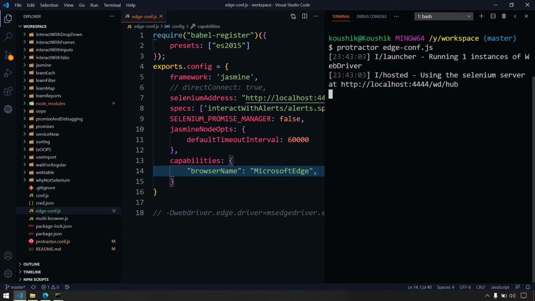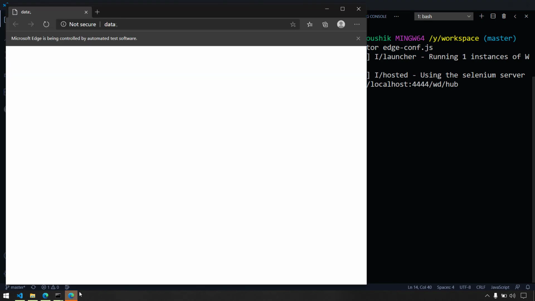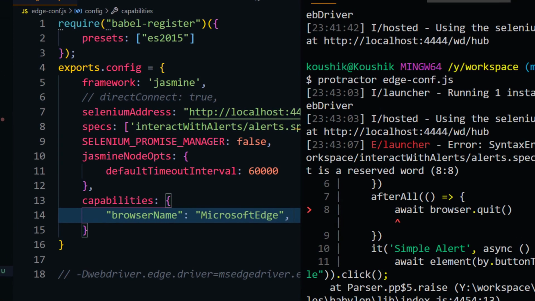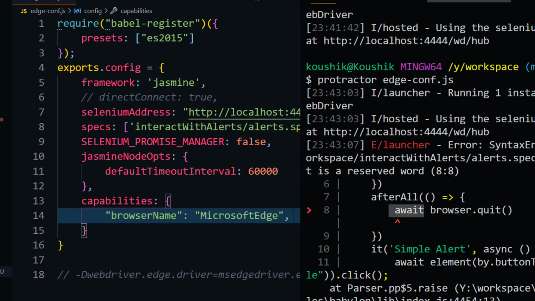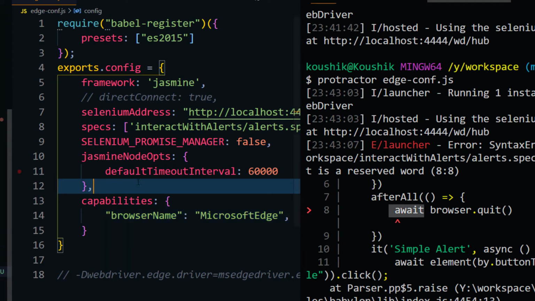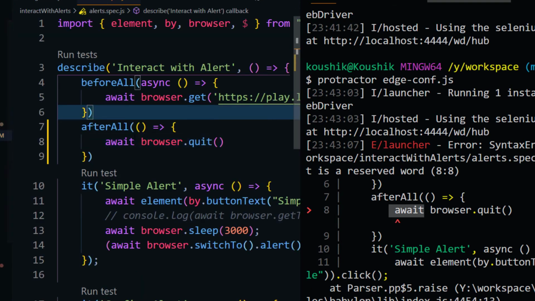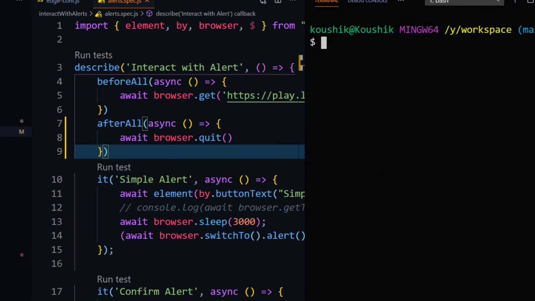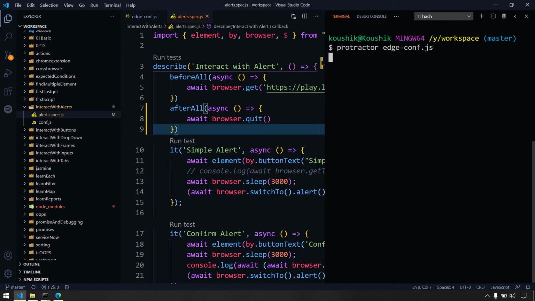So that's it, we are pretty much done. Let me show you the browser. Here you can see that the icon itself loads, and then it has some problem, I believe. Let's check. Okay, so we have this await problem. Let's go back to this particular script here. I'm trying to execute this interact with alert, and here we are using await, but I forgot to add the async, so that's the reason. So let me just change it and execute once again.